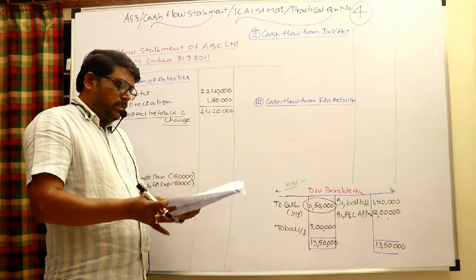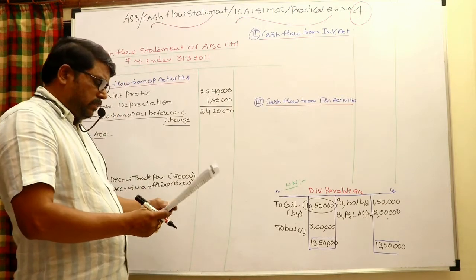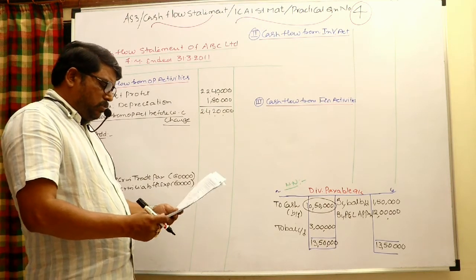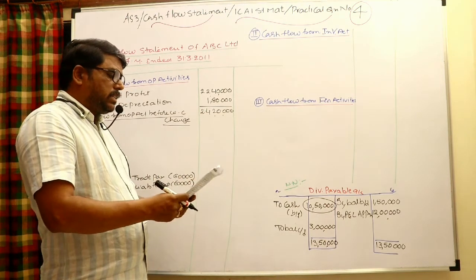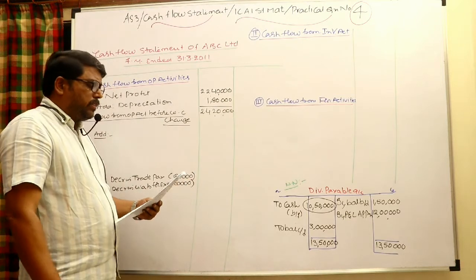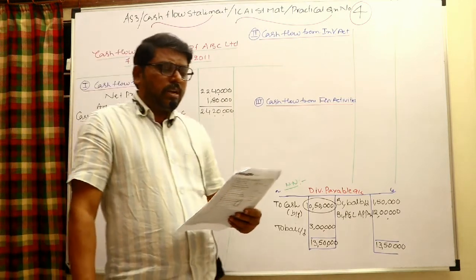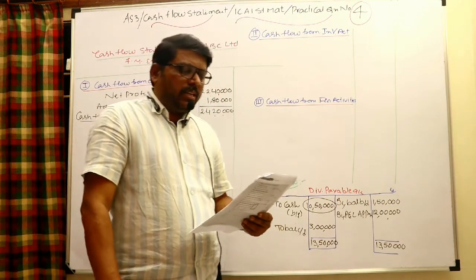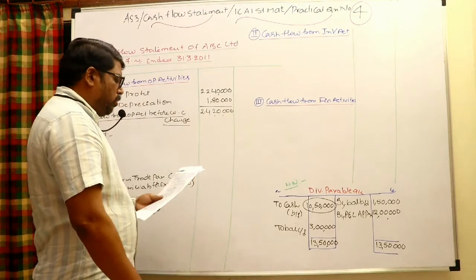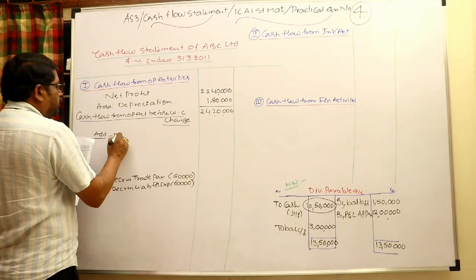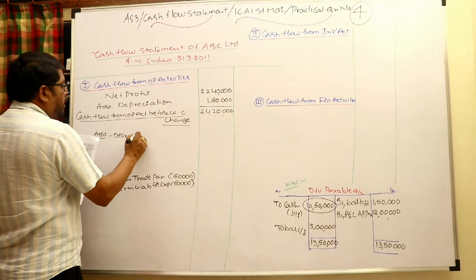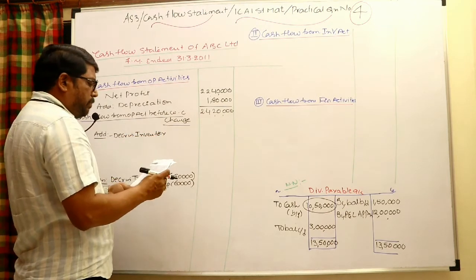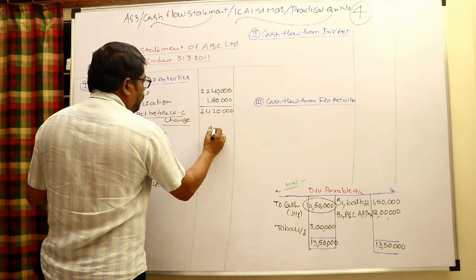Okay, that's all. And come to the asset side. When you come to the asset side, check trade receivable and provision, you have to see that. Next, check inventory also. First, inventory was 20 lakh 10,000 and it is right now 19 lakh 20,000. Decrease in inventory is an inflow, which means add 90,000.